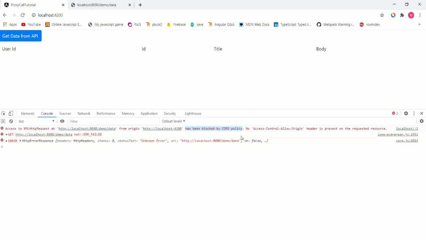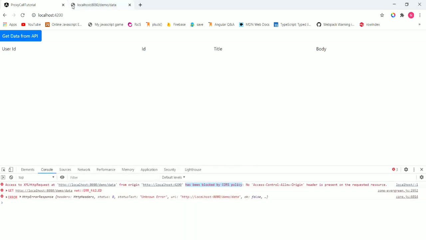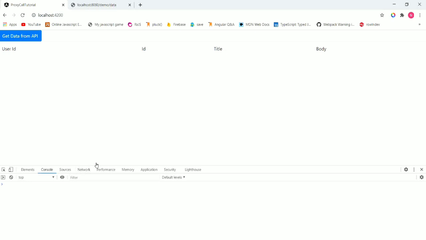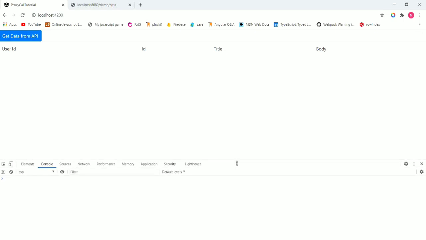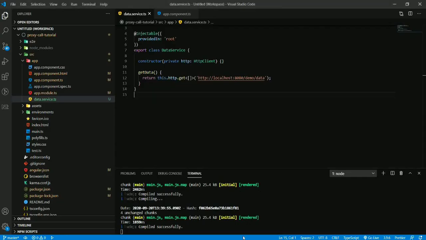CORS is cross origin resource sharing. It's a browser security issue which shows when we make a request from the browser to another application which is being hosted or running on some other port. To overcome this, we have two options. The first one is when we don't know who our client is or who is going to hit our API. At that time we have to specify the CORS header in our backend application. But in such cases, we have to do a proxy call from our Angular application. So to do that,